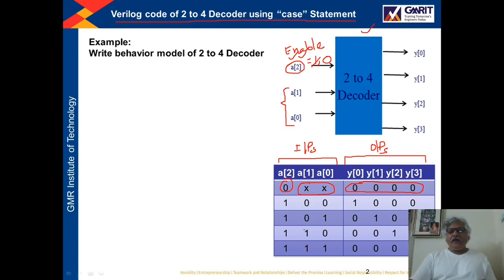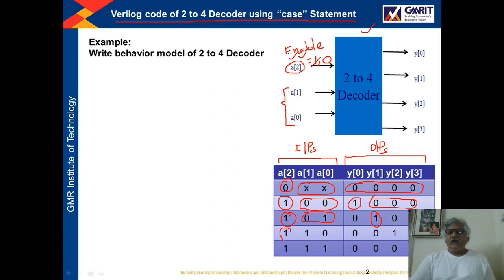And if the enable input is 1, then depending upon A1 and A0, if they are 0, 0, then output Y0 will be 1 and the remaining outputs will be 0. In the next condition, A2 is 1, so enable is 1, and if A1 is 0 and A0 is 1, then output Y1 will be 1 and the remaining outputs will be 0.